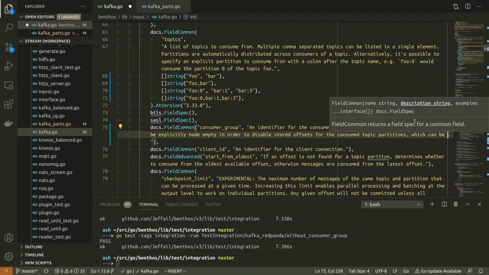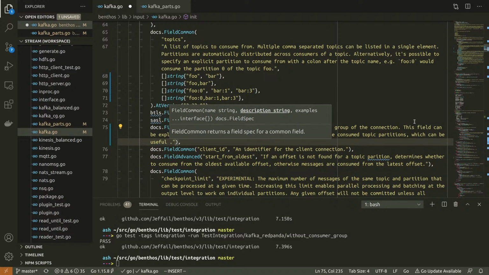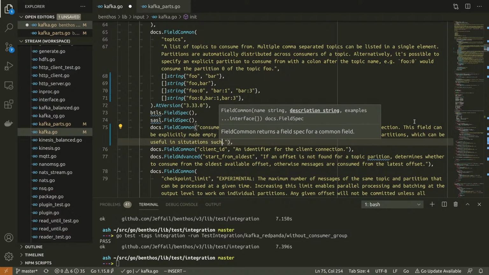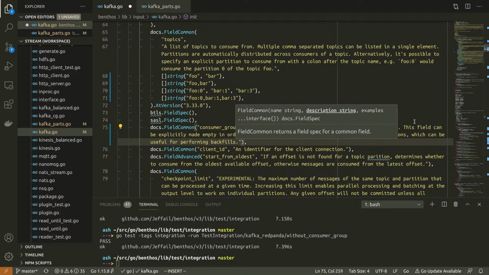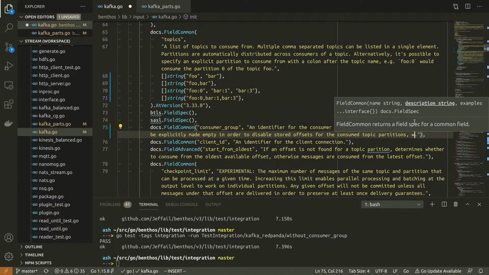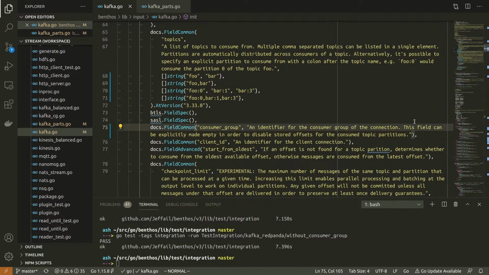Which can be useful in situations such as, which can be useful for performing backfills and, no. I don't know. It's up to you to decide what this is useful for.